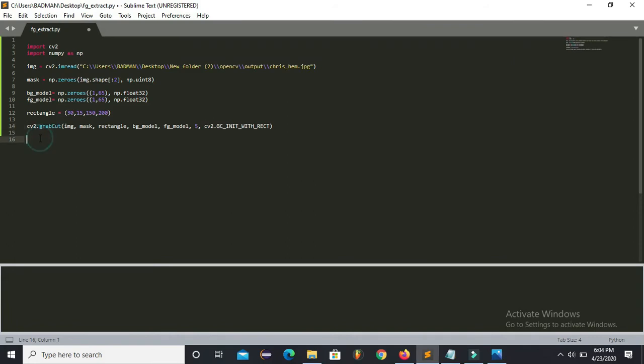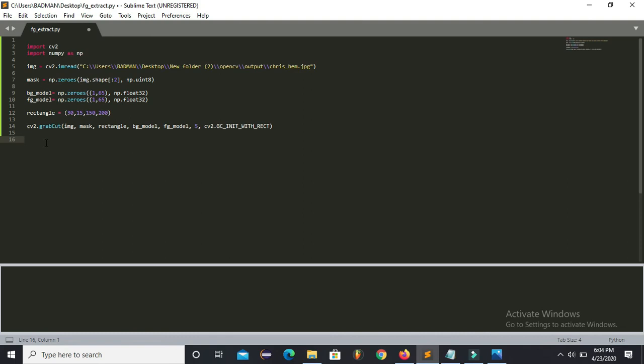Here cv2.grabCut will modify the mask image, and the new mask image will contain pixels with 4 different types of flags: the background flag, foreground flag, probably background, and the last one is probably foreground.